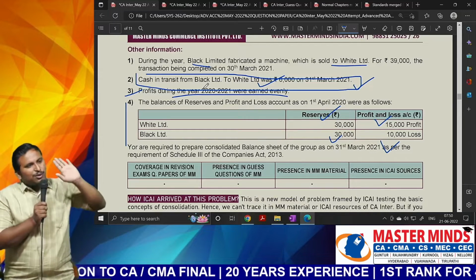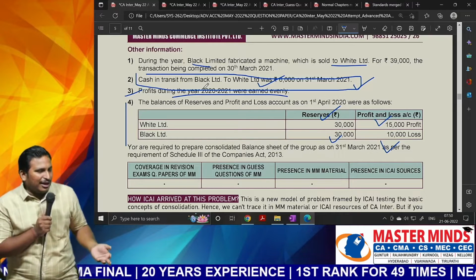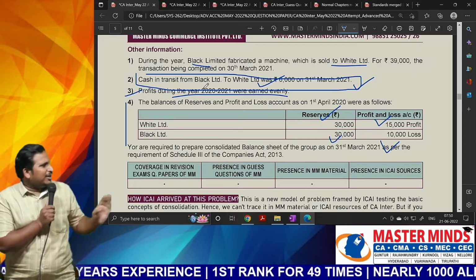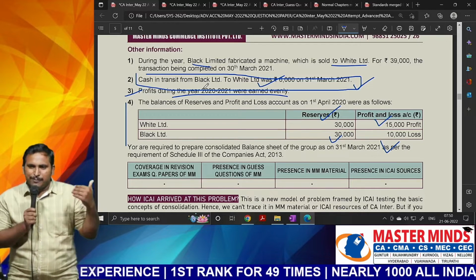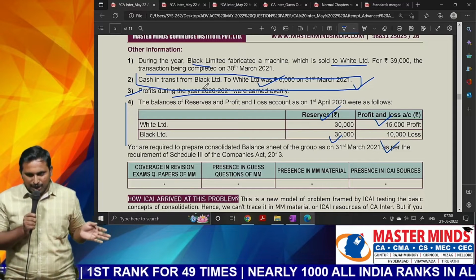Now, suppose you have committed a mistake in that point also, they never feel that those 2 points gone wrong, so the entire answer will go wrong. Never they will do, sir. They will have separate allotment of marks for each and every computation. So, are you getting the point, sir?